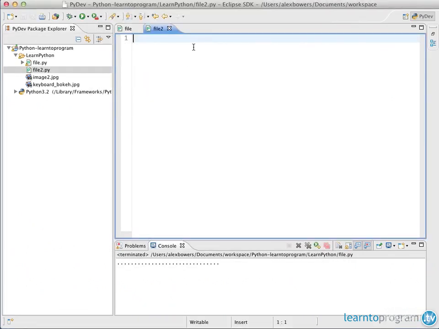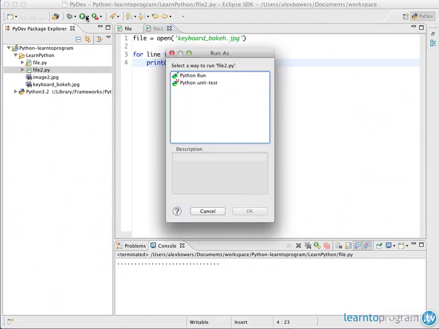We're going to treat it the same way we treated the other ones, reading it as a text file, and you'll see that we actually get an error if we try that. So file is equal to open, keyboard.jpg. Now if we save that, we need to do for line in file, print line, and end equal to an empty string. So if we run that,